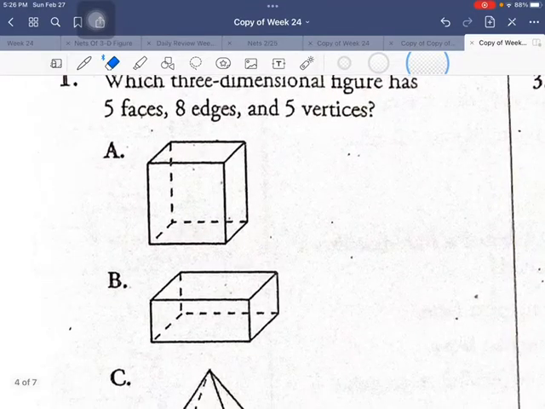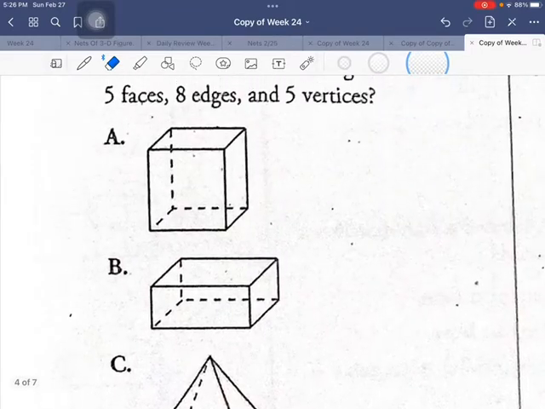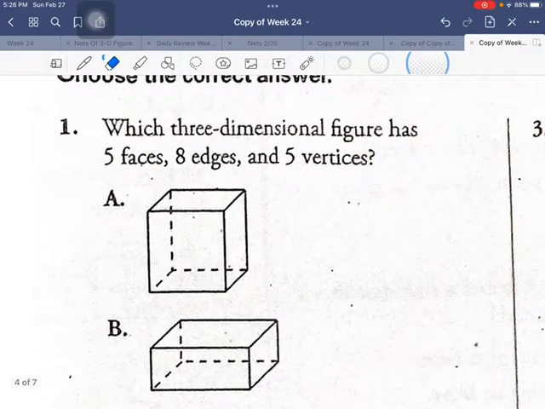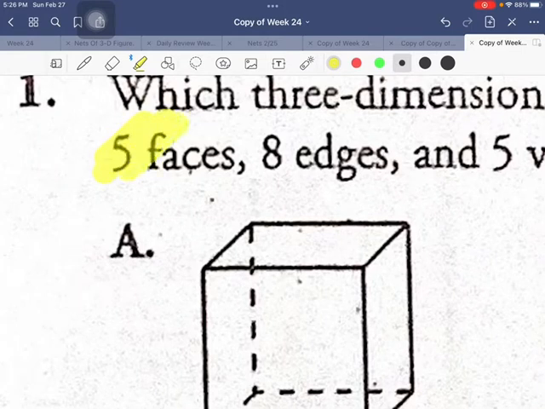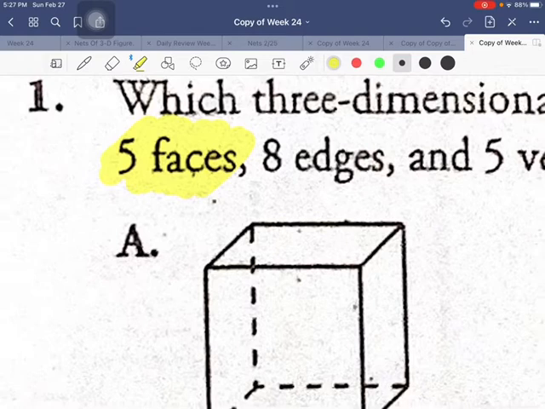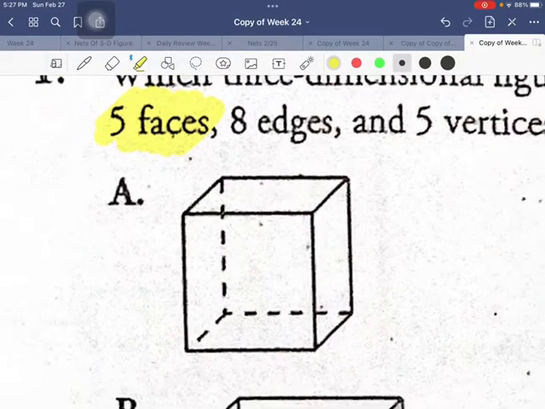Which three-dimensional figure, all these are three-dimensional figures, so we're good there, has 5 faces, 8 edges, and 5 vertices? Now, my first question is, what's 5 faces? ¿Qué quiere decir eso? What does that mean? Well, what it means is